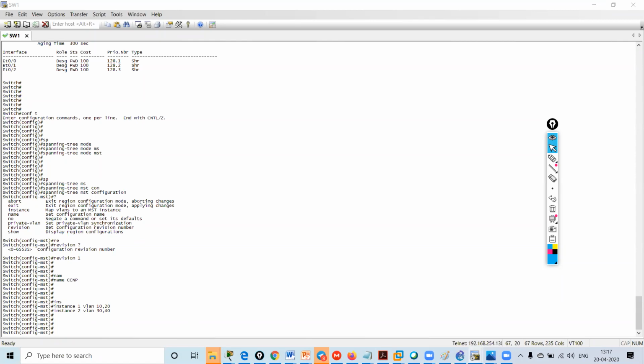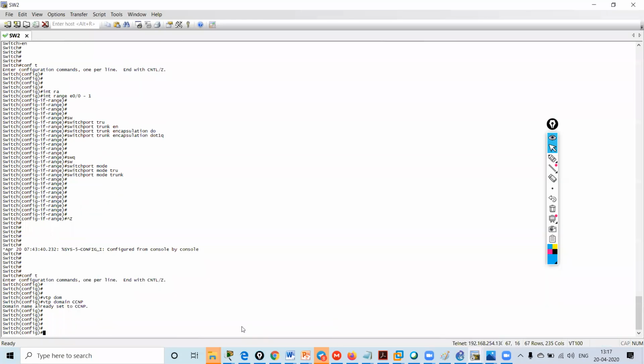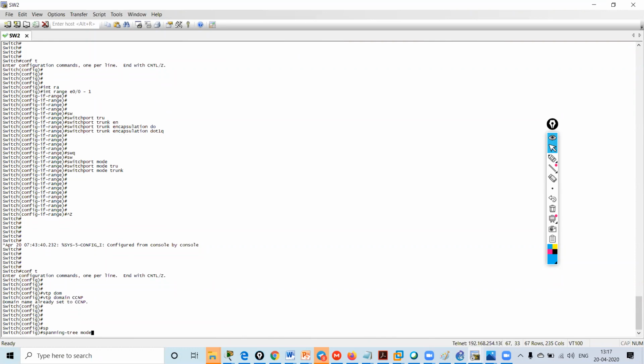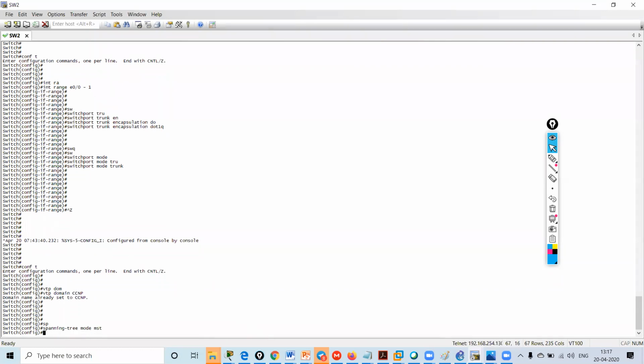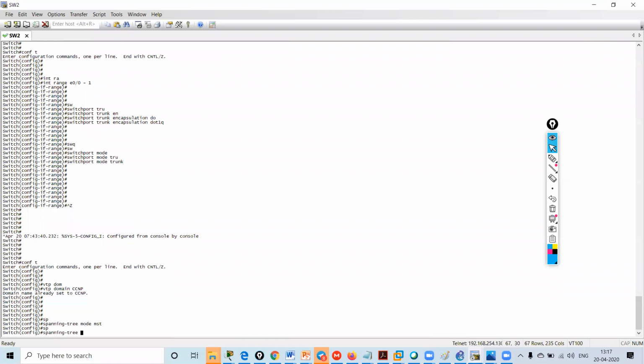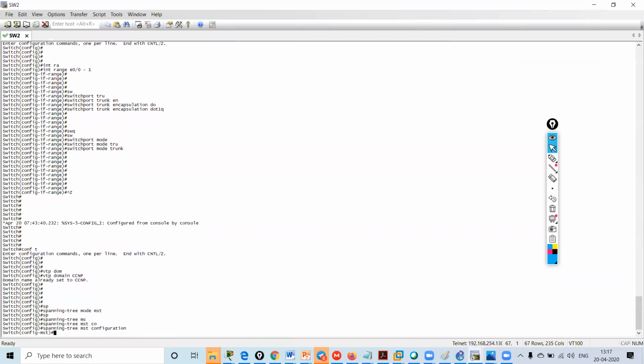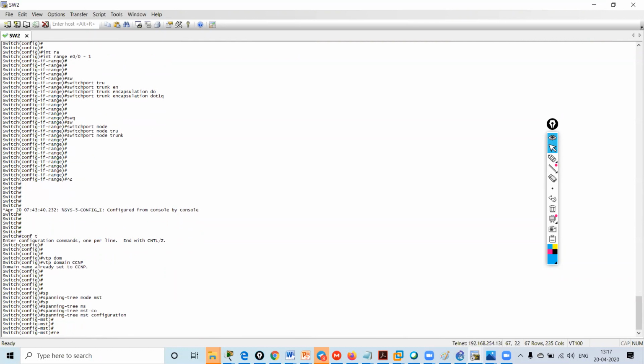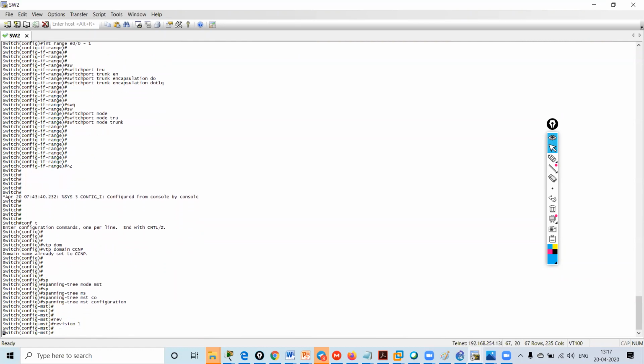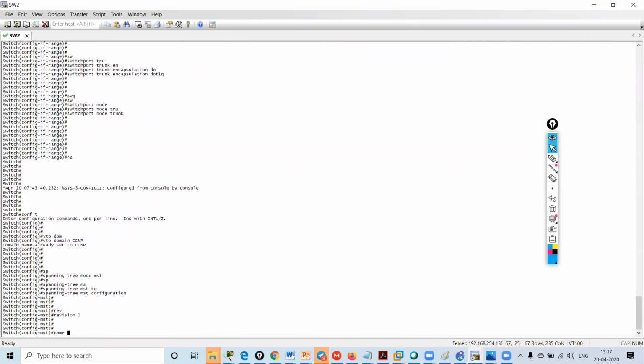So I will go on switch 2 and do the same configuration. First I created spanning-tree mode MST, then spanning-tree mst configuration. Inside the configuration, I gave the revision number as 1, name is CCNP.